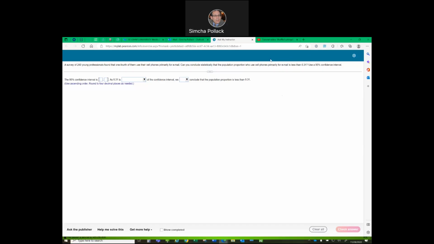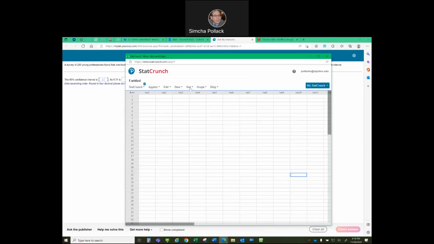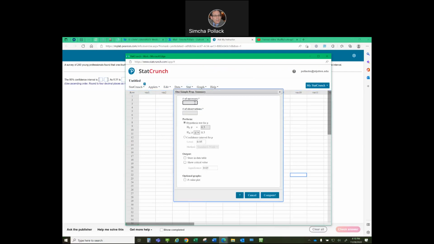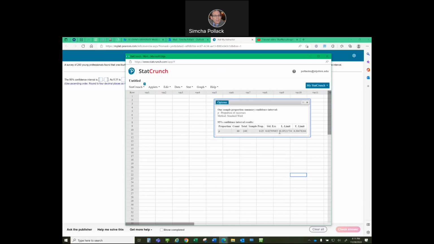So I recommend you go to StatCrunch, just here: Stat, Proportion Stats, One Sample, With Summary. We don't have the raw data. We have 60 out of 240, that's the 25%. We want a confidence interval for p, the proportion, and you can leave the defaults, just hit Compute, and the answer is somewhere between